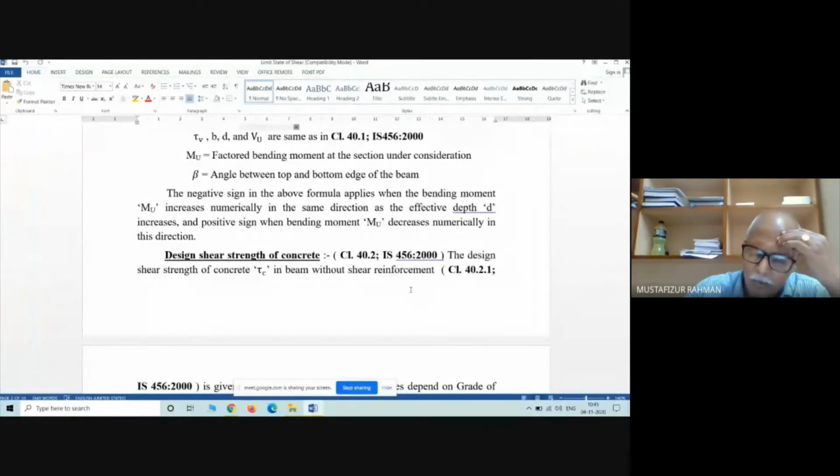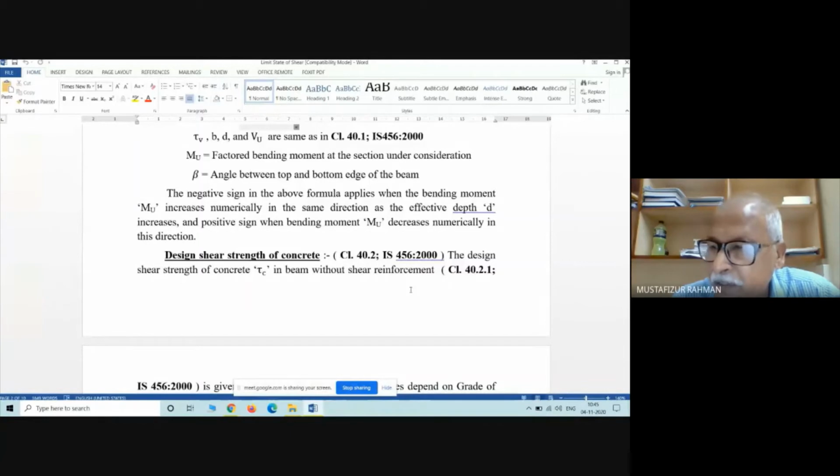Percentage of steel we have provided. So Ast we have provided is, say, 4 numbers of 16 mm diameter and 2 numbers of 20 mm diameter we have provided. So 4 numbers of 16 mm diameter means 800 millimeter square. So if the effective cross section of the beam is 200